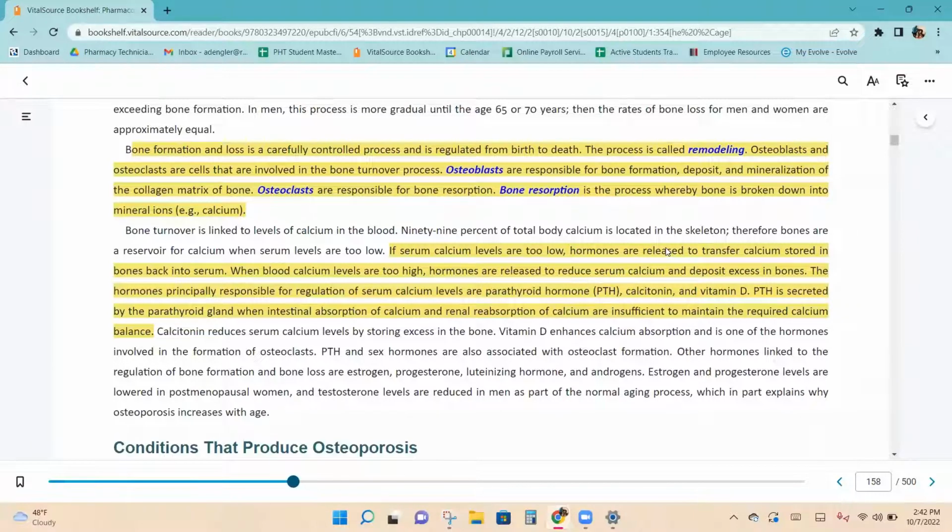Bone formation and loss is a carefully controlled process and is regulated from birth to death. The process is called remodeling. Osteoblasts and osteoclasts are cells that are involved in the bone turnover process. Osteoblasts are responsible for bone formation, deposit, and mineralization of the collagen matrix of the bone. Osteoclasts are responsible for bone resorption, and bone resorption is the process whereby bone is broken down into mineral ions